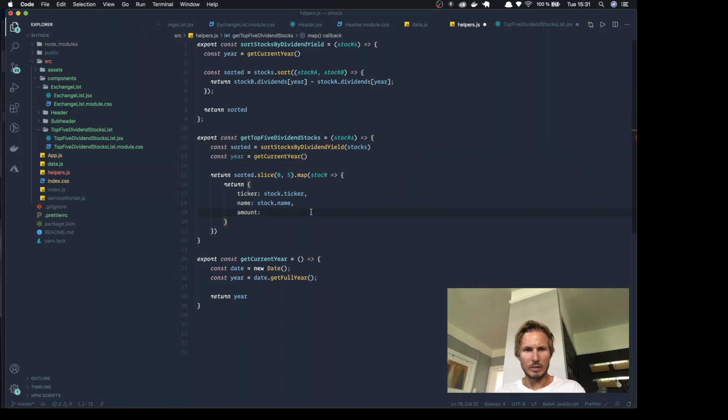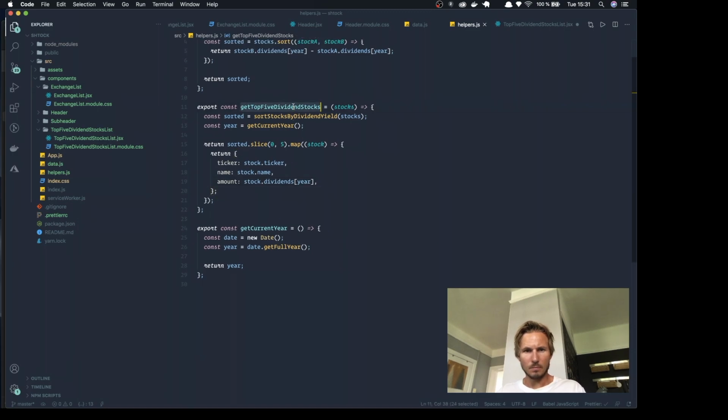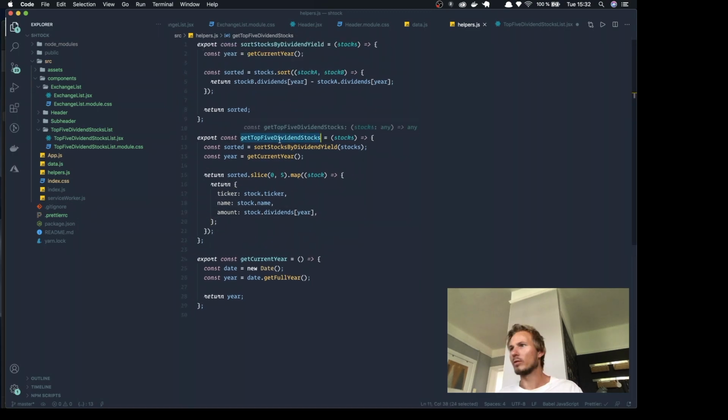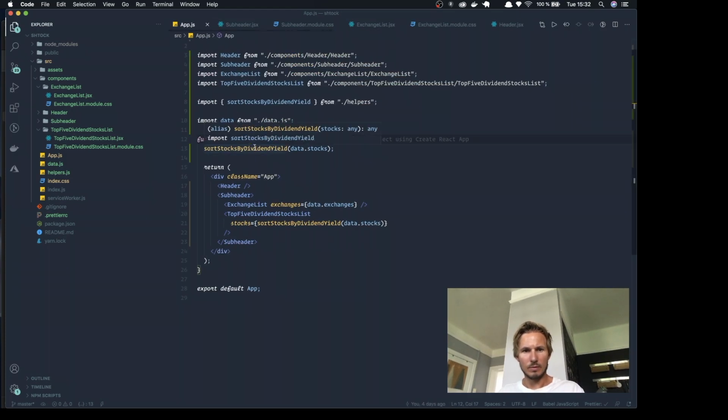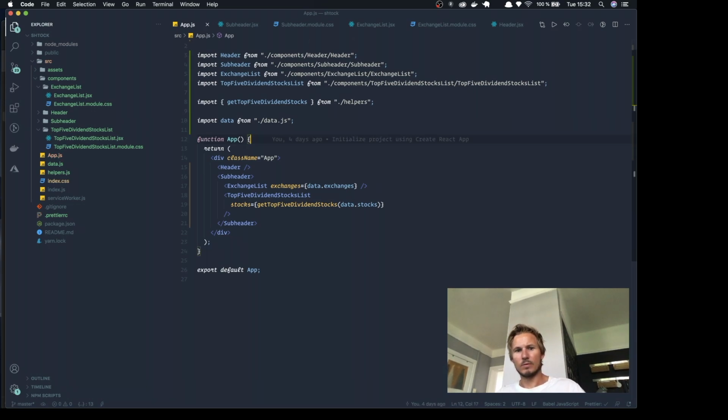And we're gonna say stock dividends year. Like that. And then now we are going to be using this instead of the sorting function. So let's go ahead and plug this in instead and see what that does. Save that